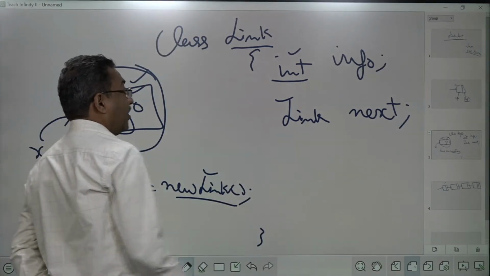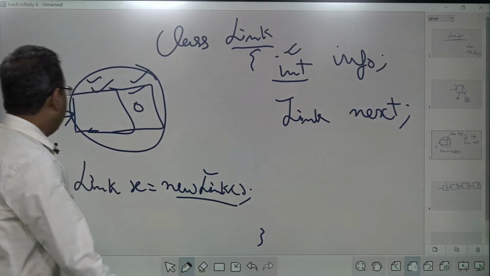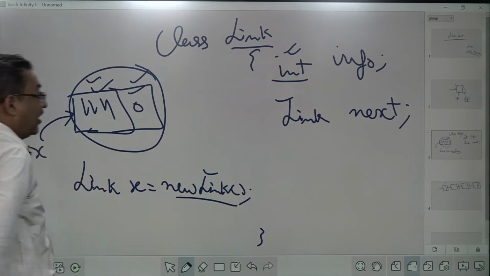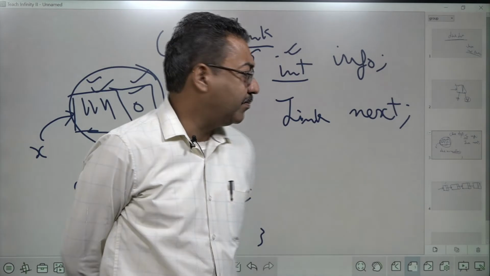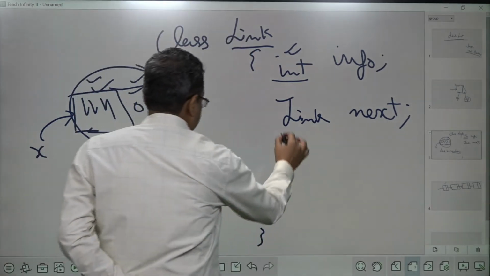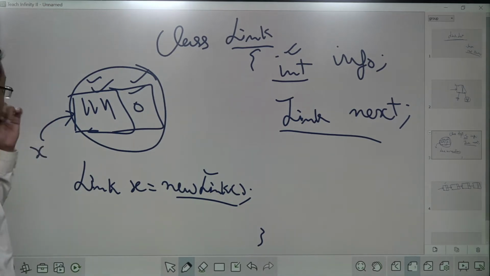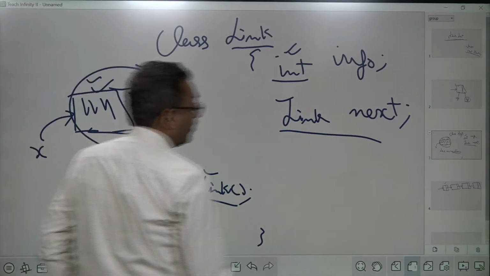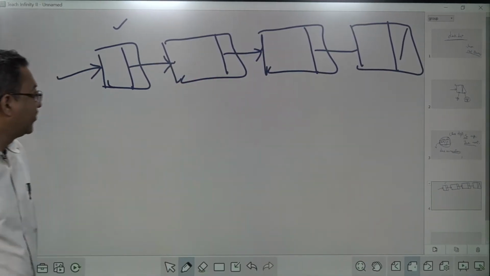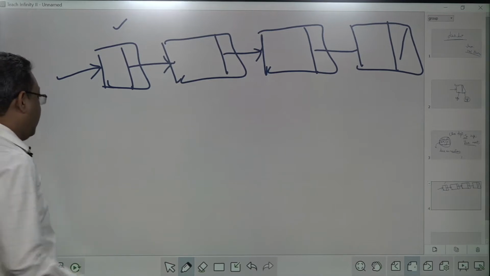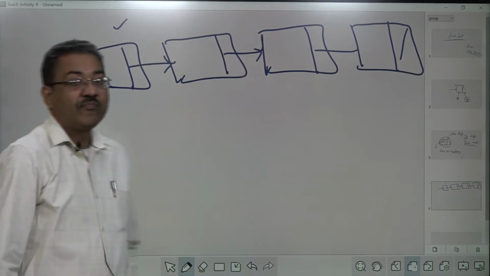Of course, for the time being we are taking information of integer type, but it can contain any information. That can be a collection, that can be a collection of objects as well. Homogeneous, heterogeneous, it is immaterial. But this is a must: it must contain the address of the next object of the same type. Only then we can get this view. So initially, if I say there is no linked list, can I create a linked list in Java? No.